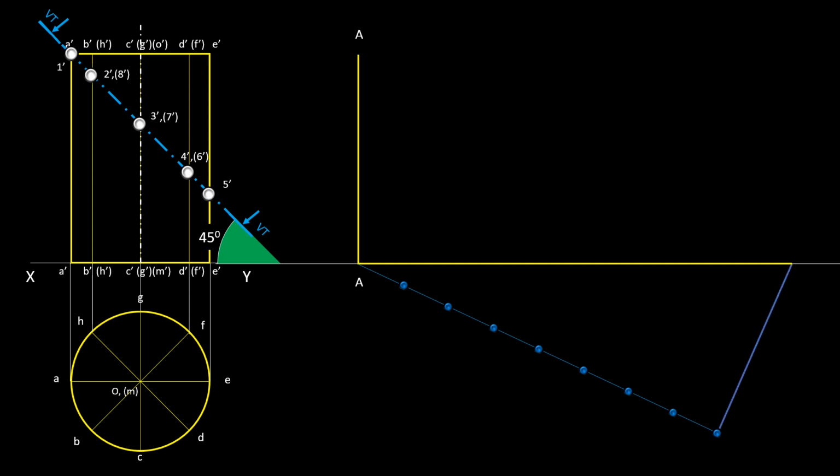Now join the ends of the line. We will make use of this line to divide the pattern. And then draw the lines through the points that we divided parallel to the end line. Make sure that every lines are parallel to the end line to get equally spaced portions. Complete the pattern.